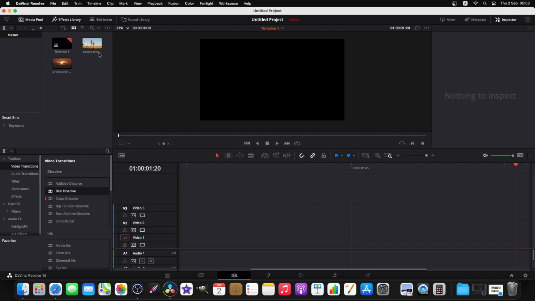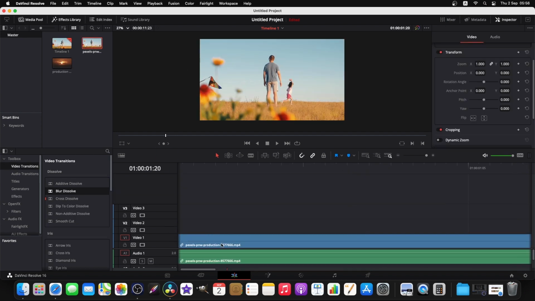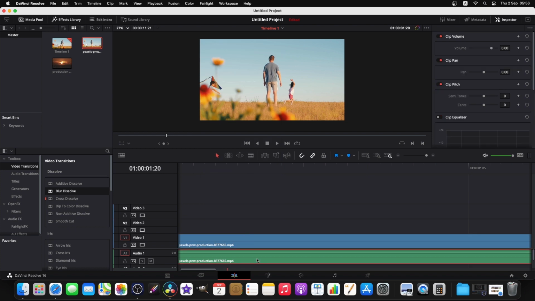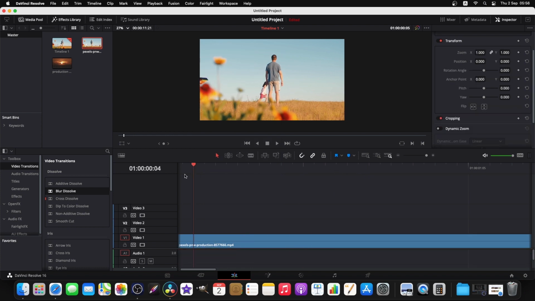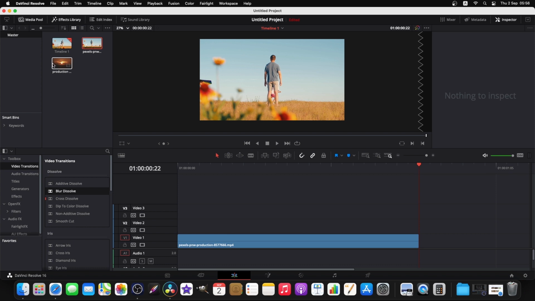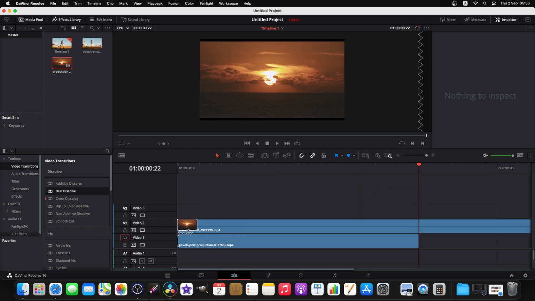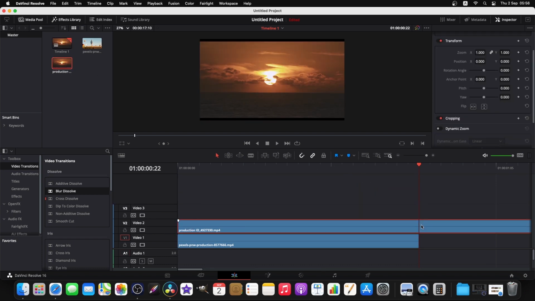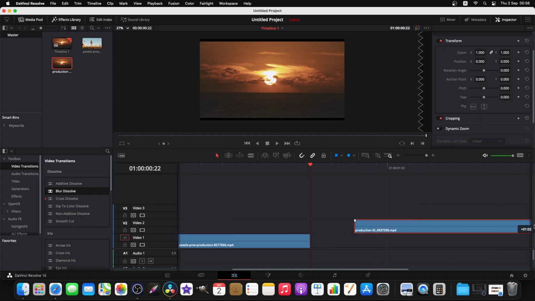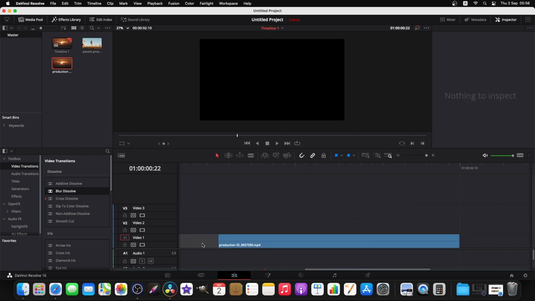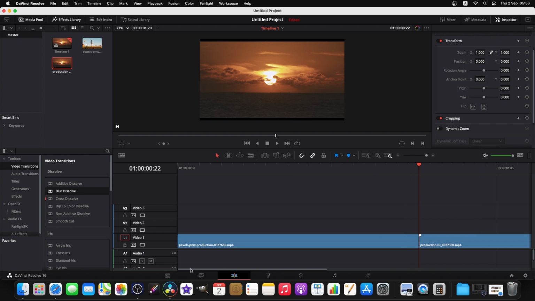Okay, now I'm going to create zoom transition from this clip. Okay, I got that 22 and drag this also to the same time backward, and here I am going